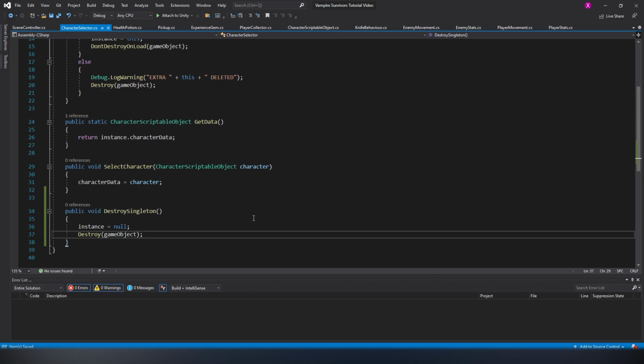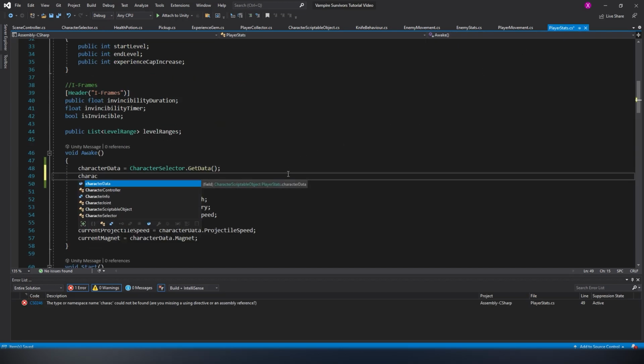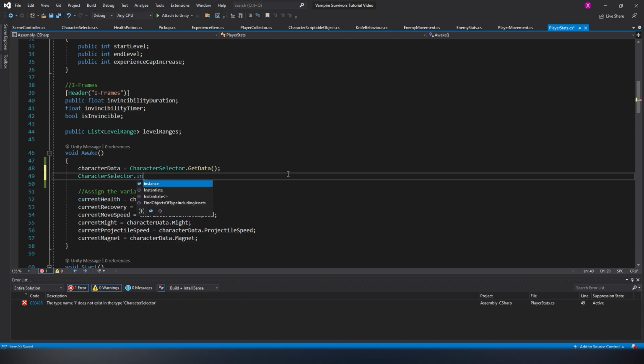This way, we can be sure only the necessary data is present in the game scene and no unnecessary elements are running in the background. You could also set this method to be static, but you need to call instance.gameObject within Destroy instead as an object reference is required. Now, all we have to do is call this method right after accessing the data in the player stats. We can also choose to remove the public keyword from the character data since we made sure it works.